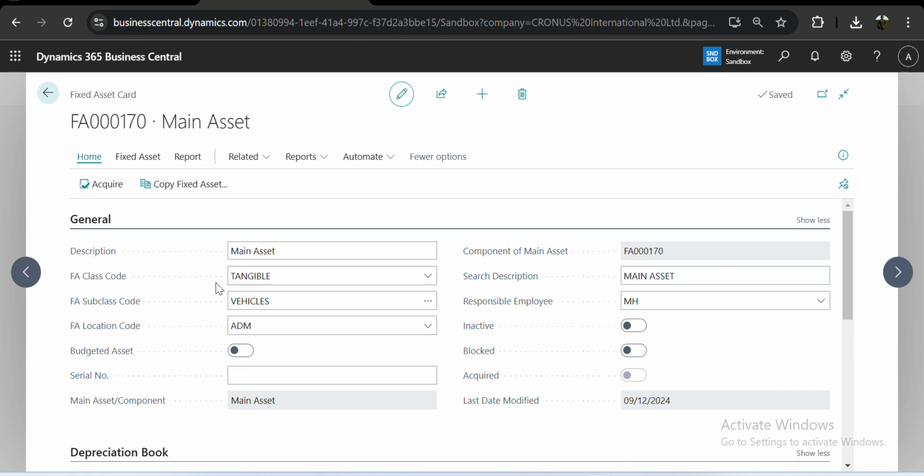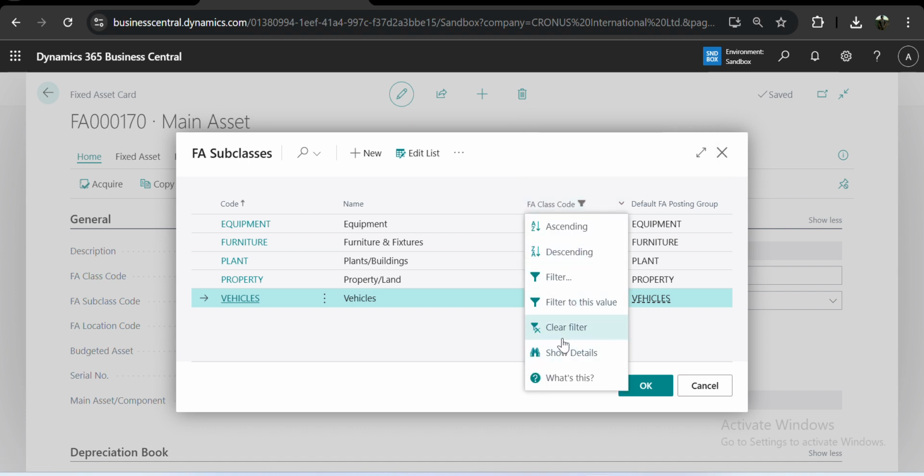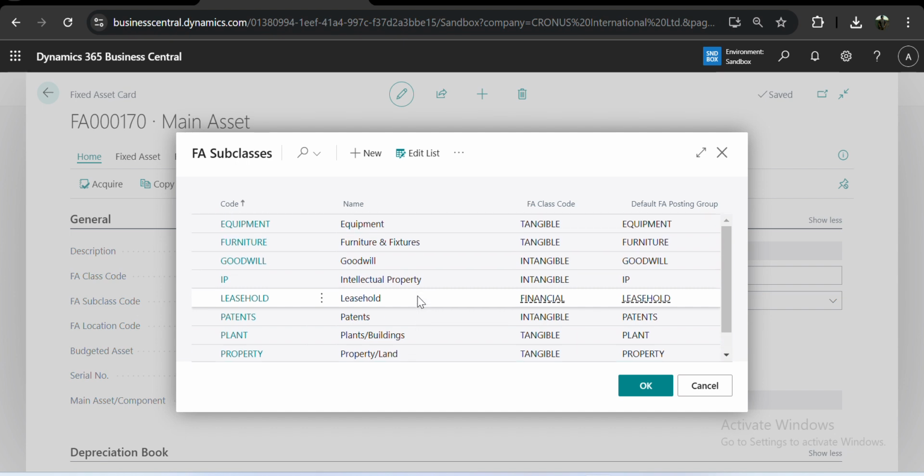And now we are going to subcategorize the fixed asset class code with the FA subclass code. I have created a few, like equipment, furniture, plant, property, and vehicle. In front of that you can see these are all the tangible assets from which I can select. But you can see the filter is automatically applied. If I just clear the filter, you can see there are more than the five subclasses in the system. In front of that you can see intangible, financial, and if I try to select goodwill,